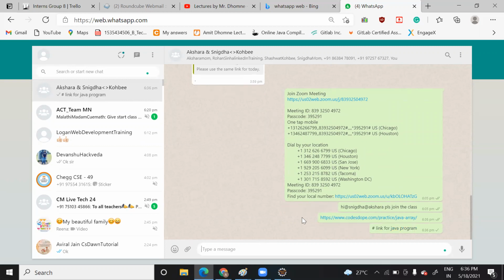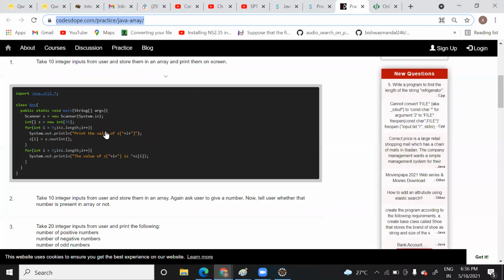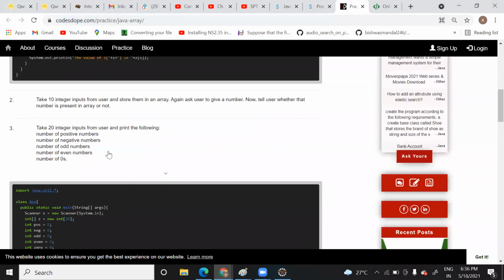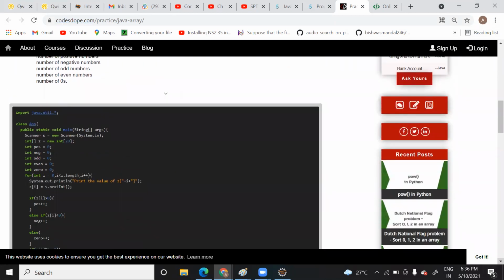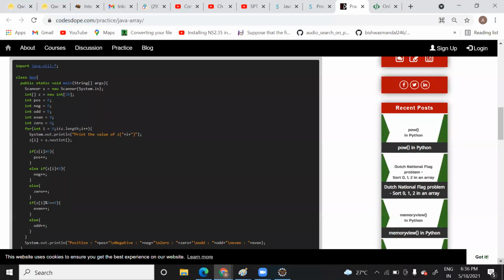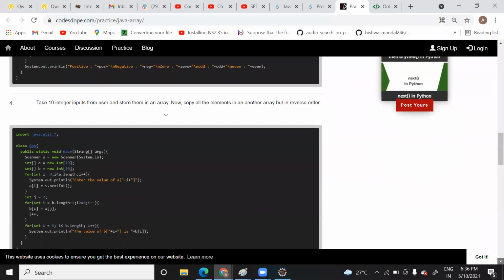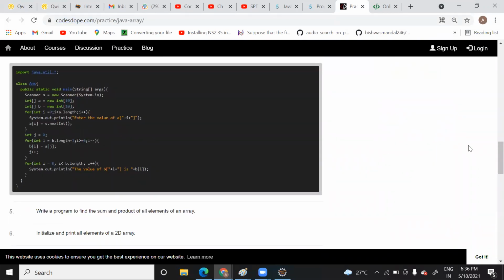Okay. So just have a look at this code and try it. Which question are you going to solve? The first one, third one. Third one, don't leave it. Okay. The third one is important from the exam point of view. It will guide you on how to count. So practice the third one, and the fourth one, and send me the screenshot.